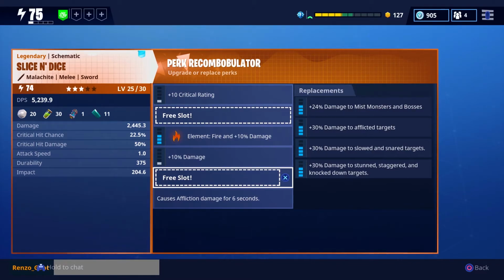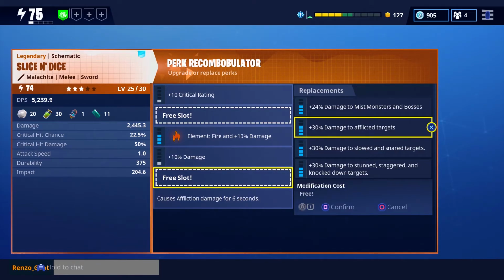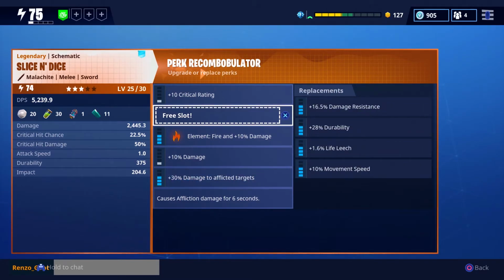We get damage to mist monsters and bosses, damage to afflicted targets, damage to slowed and snared, and damage to stunned, staggered, and knocked down. Well, seeing as my weapon comes with affliction, I think the best thing to do is actually choose the damage to afflicted targets. And now with this free slot, I'm stuck between going